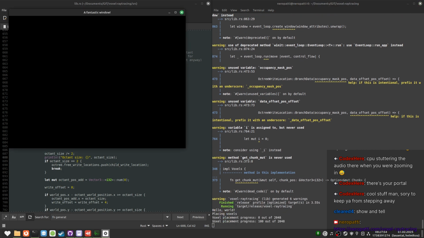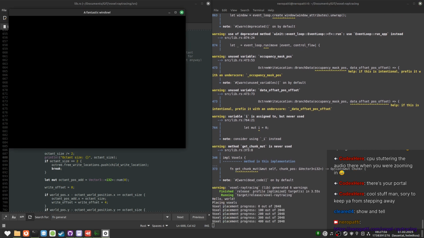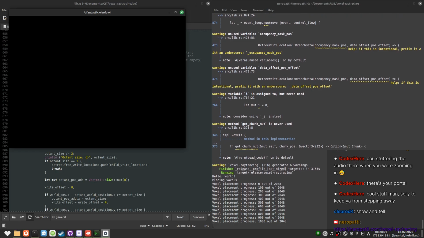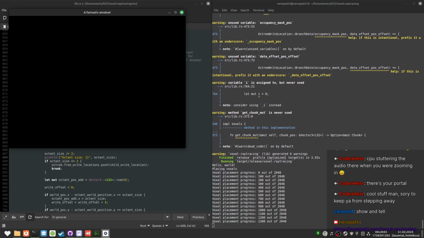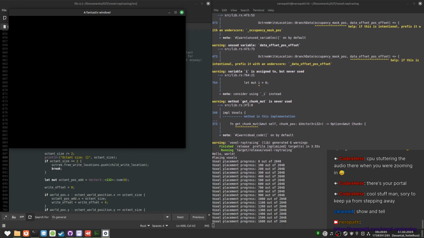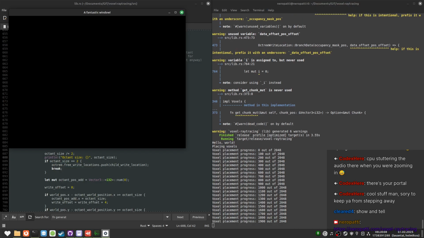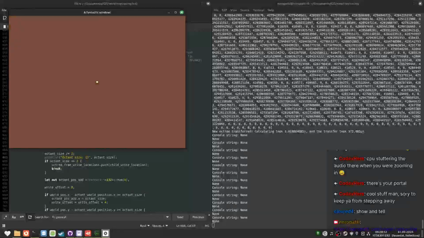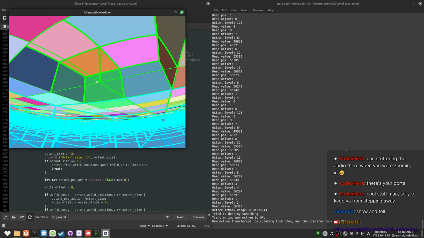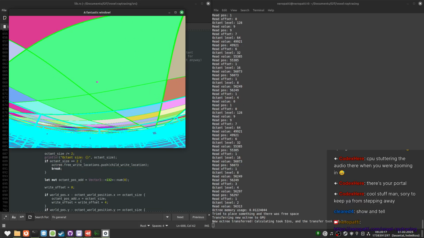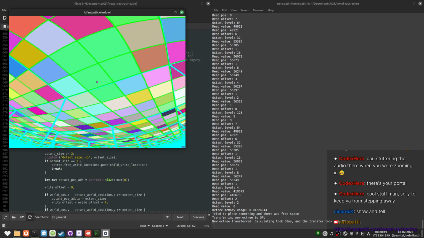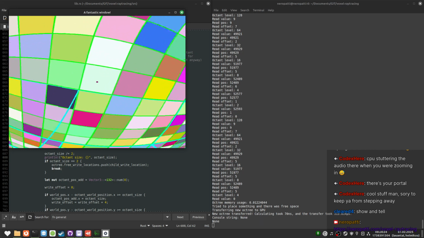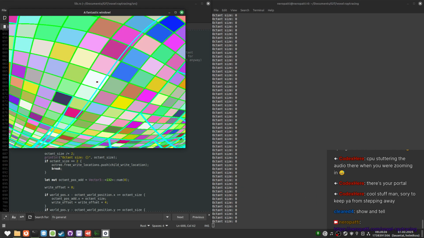But we'll see what happens. We will see what happens. Well, destroying still works like it should. Placing works if we're placing within the octant. Like, this is still placing within the octant, right?